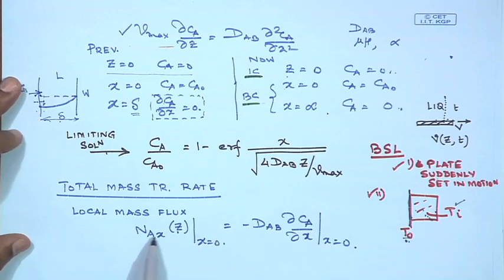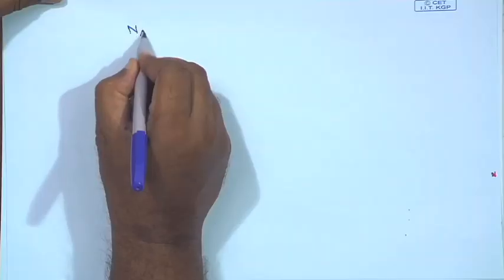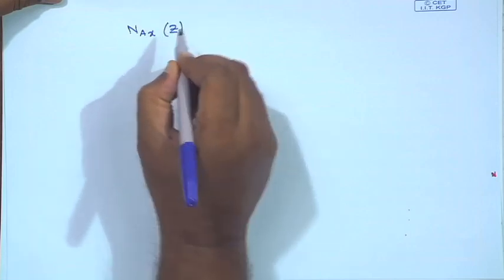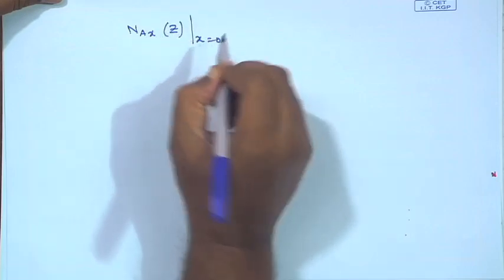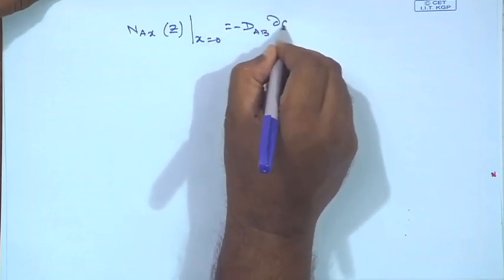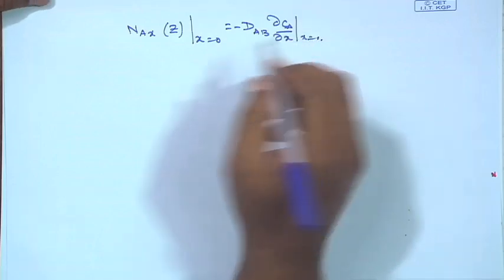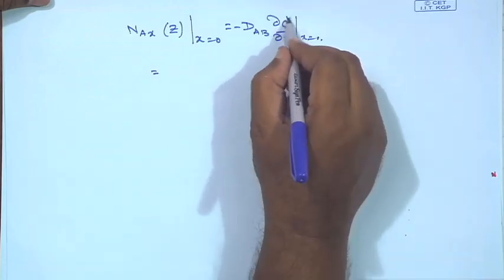So the flux of A in the x direction at x equals 0 would simply be equal to minus DAB del CA by del x at x equals 0. That's straightforward from Fick's law, from the definition of diffusive mass transport. So I will write it again: NAx, which is a function of z, evaluated at a specific x, which is the liquid vapor interface, would be minus DAB del CA by del x at x equals 0. So when I substitute CA